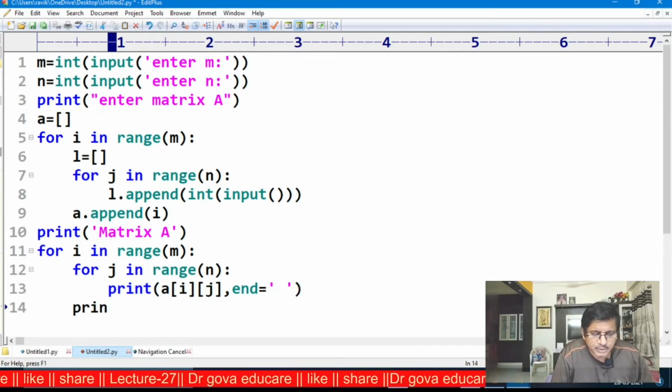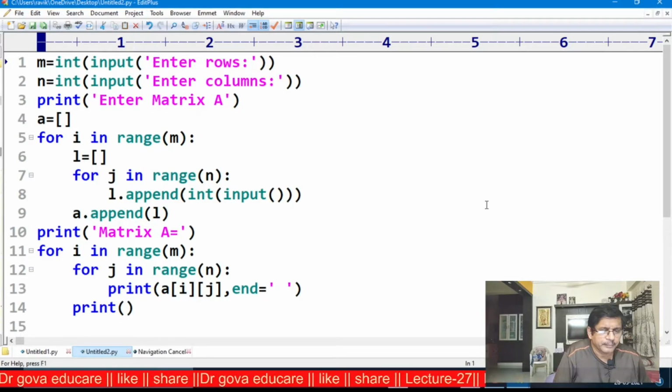After this print a new line. Now I am executing.